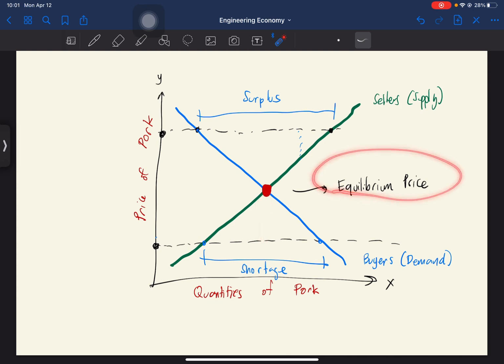Equilibrium price, yun nga yung sinasabi ko na tama lang yung presyo. Okay? The sellers, the supply meets demand, and it will meet there at the equilibrium price. So, if there is surplus, then syempre, eventually, it will go down doon sa equilibrium price. If there is shortage, it will eventually go up doon sa equilibrium price. Okay? So, that's how we explain the